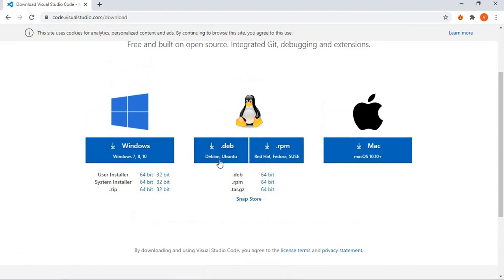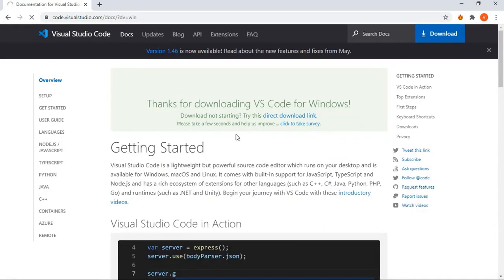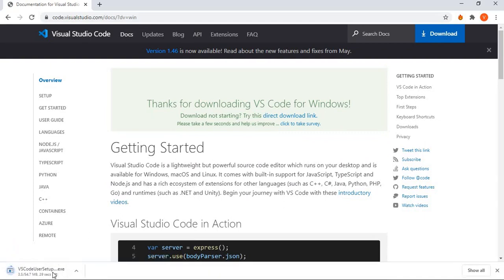And if you have Ubuntu or Linux, you'll have to download this, and if it is a Mac, you'll have to install this. So I'm going to click on this, and that's it. It'll install on its own. You just have to wait till it finishes. Okay, so after it's installed, you just have to click on this,